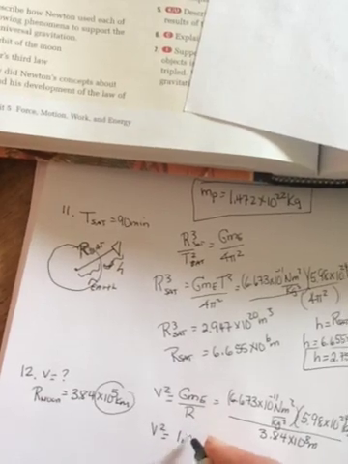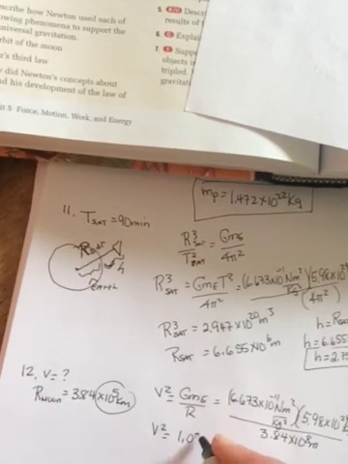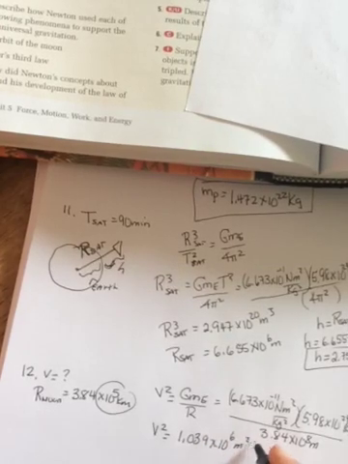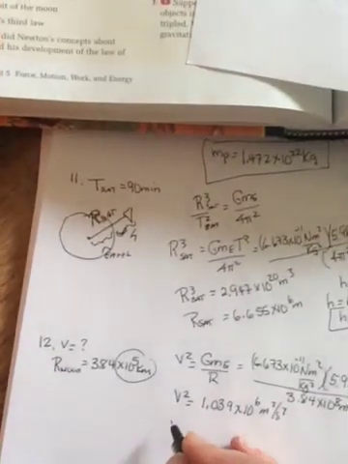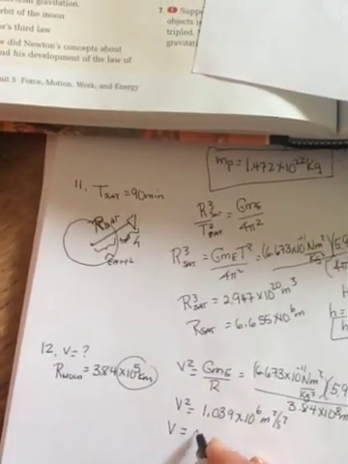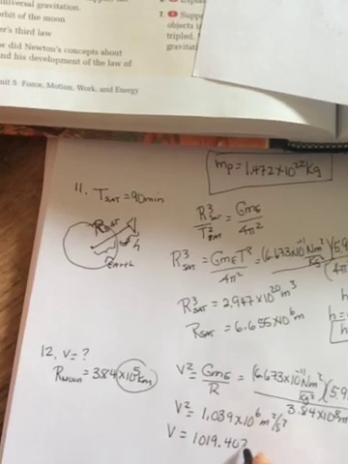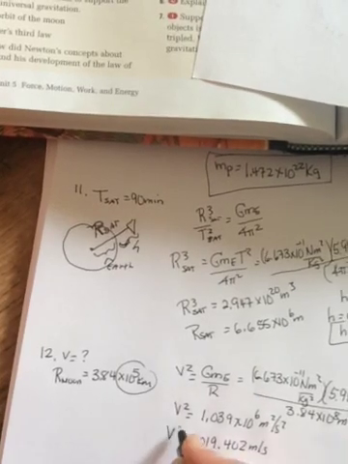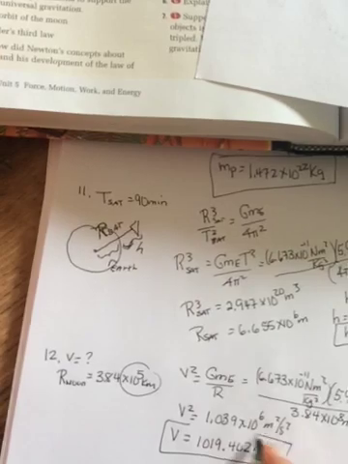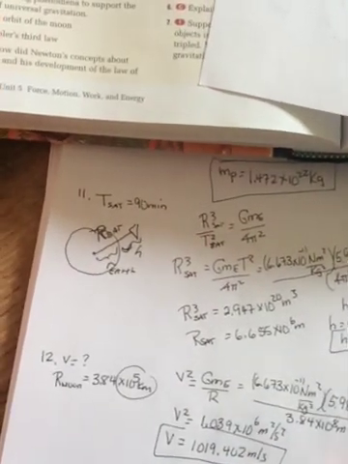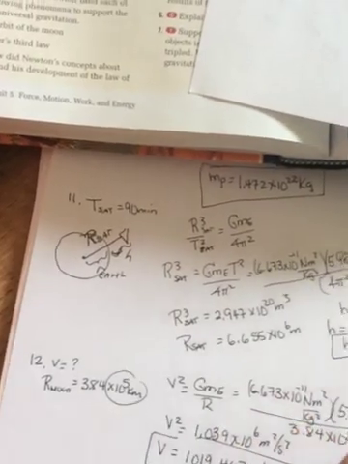So v squared is something like 1.039 times 10 to the 6th meters squared per second squared. And when you take the square root, you get a v of 1019.402 meters per second. Now, if you did it as 2 pi r over T, I think you get 1022, and the difference would be because of the rounding of the mass of the